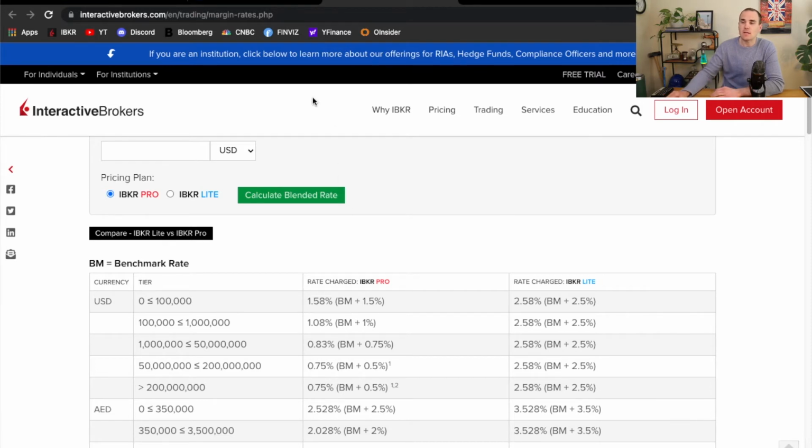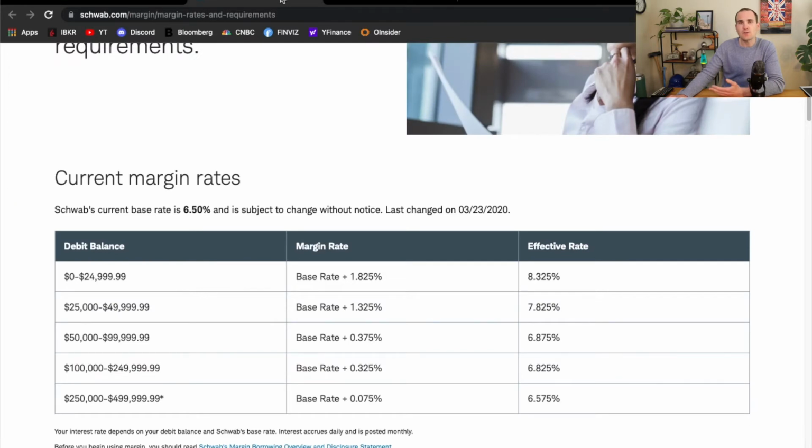And if you go to these other brokers, you'll see that they also price their margin loans off of some sort of rate. So this is a base rate, they're saying at Schwab, of 6.5%. How they come up with that, I have no idea. It's very expensive, but Schwab is absolutely going to make a lot of money on anybody who decides to get a margin loan. But you see that 6.5 base rate plus the 1.825, that's how you get that effective rate of over 8% for a margin loan at Schwab.